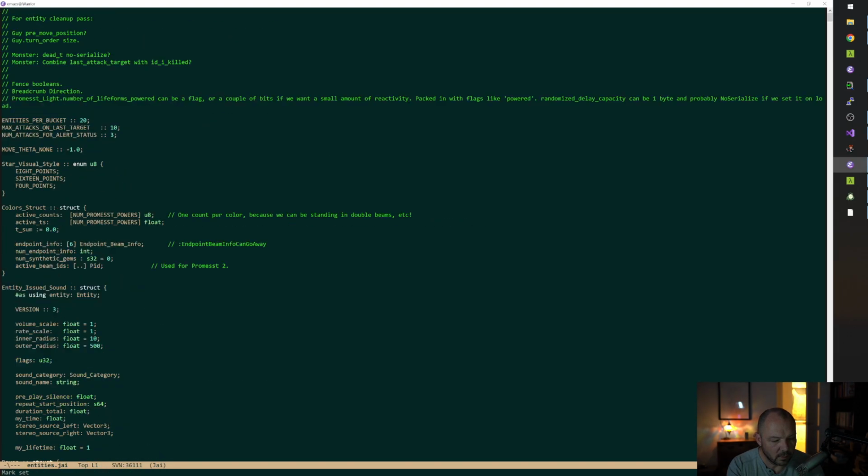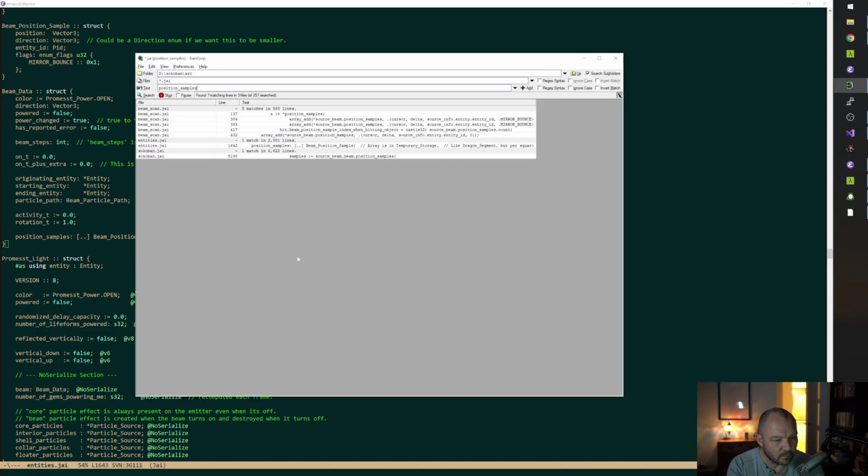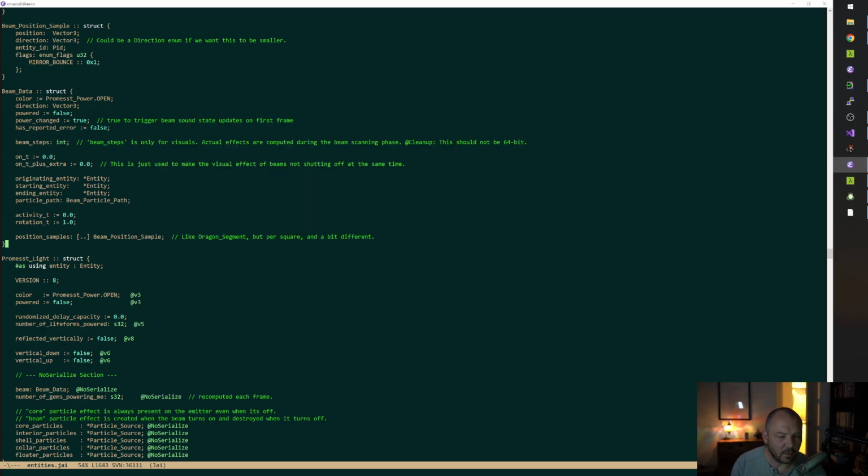Okay, so this is not in temporary storage. And this beam data thing. Okay.